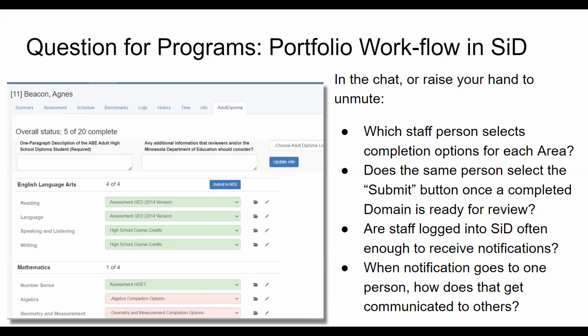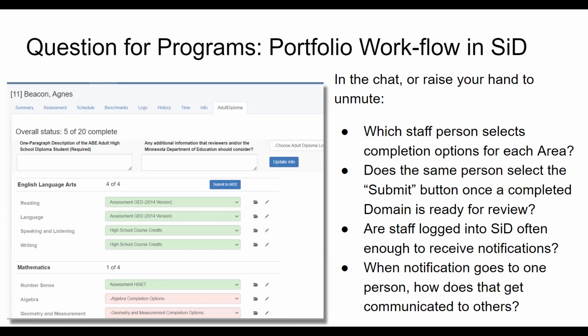And so usually I'm the one submitting. I know Megan has done it a couple times if we've talked about it and then she wants to submit it. So that's where it gets interchanged. And then it's either both of you who's also selecting the completion option, changing the little red drop down to green. Okay, and so one of you is getting the message, and that seems to be working out fine with your flow. We just kind of pass it along to each other.